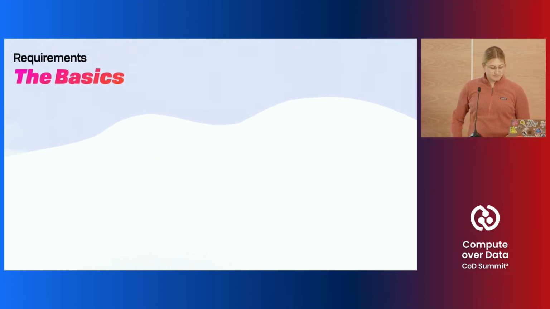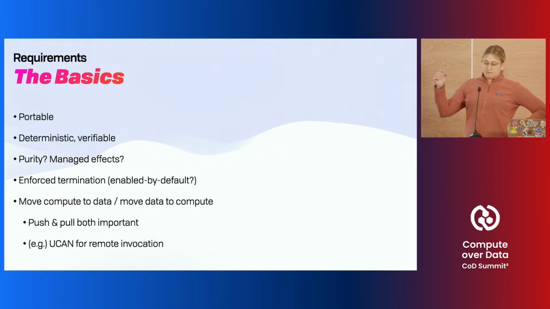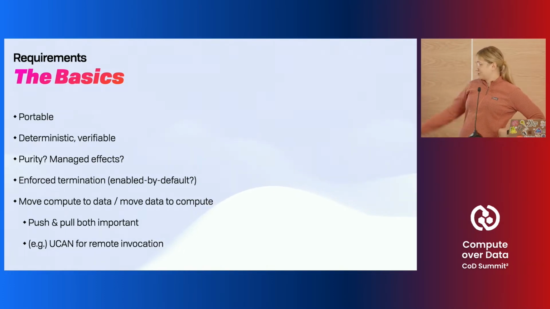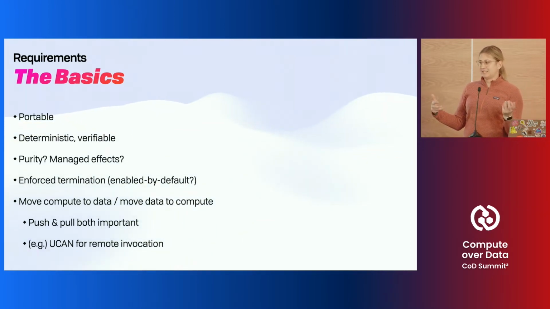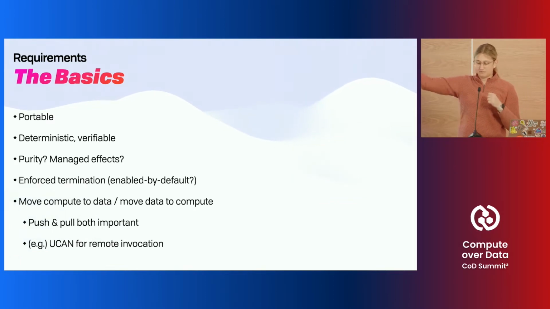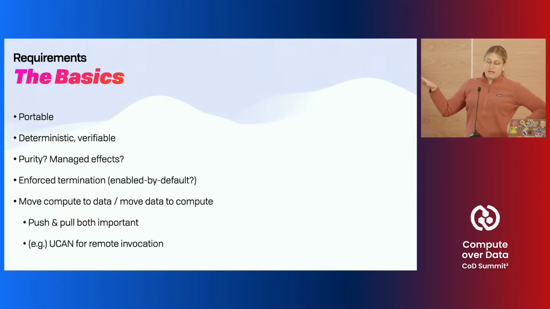So requirements. For this use case, not for all compute use cases, it needs to be portable, deterministic, verifiable. I have question marks under these. These should now be exclamation points. Pure and managed effects. People often ask, well, I don't have network access, I don't have disk, I need to interact with the outside world, I need to be able to send an email after my job, all of those things. We actually have a model for this now that I'll talk about when I switch out of this and into the brain dump that I did in the writing.